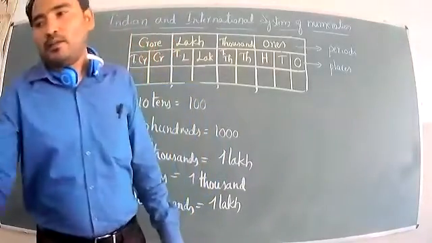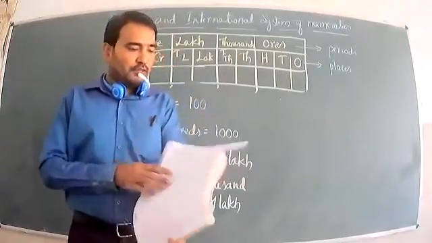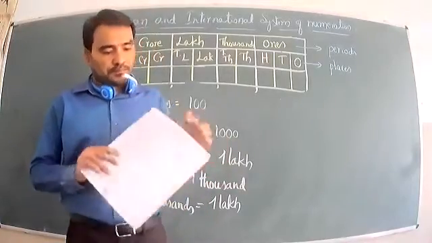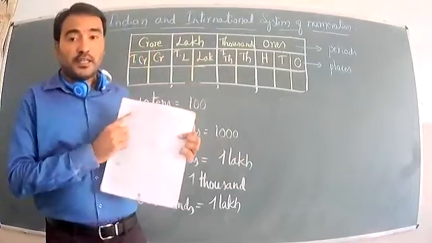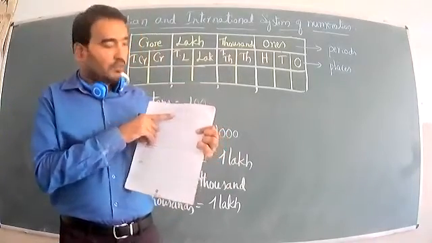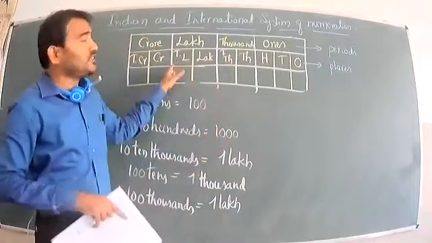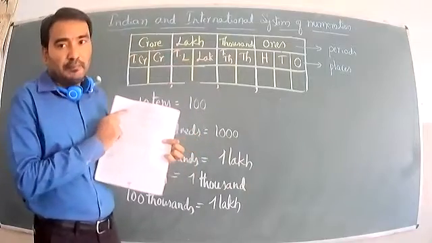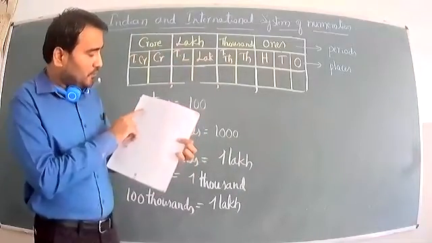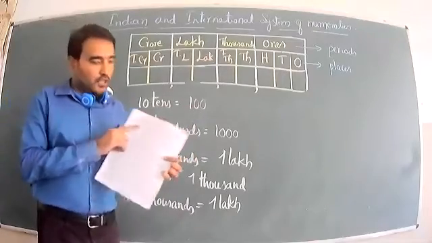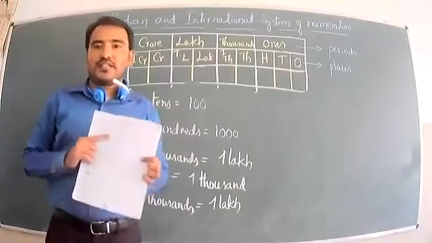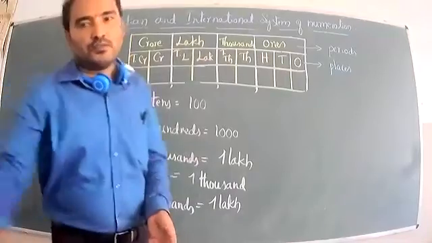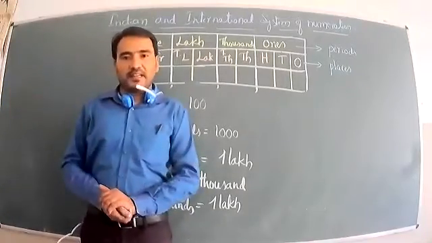Okay, now your exercise 1B. Today only the Indian system of numeration. Next class we will go to the international system of numeration. Now look at that. Write the number name using the Indian place value chart. That is called the Indian system of numeration place value chart. Using this place value chart, write the number name. Exercise 1B, first main, solve in homework. Next class we will discuss the international system of numeration.